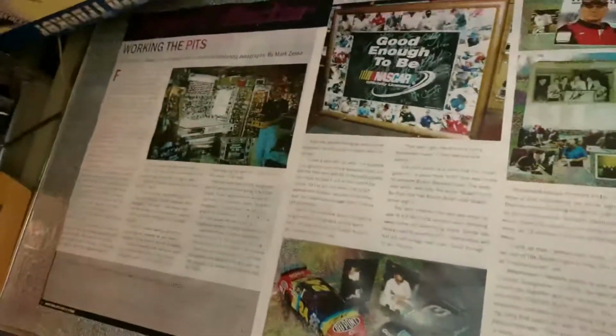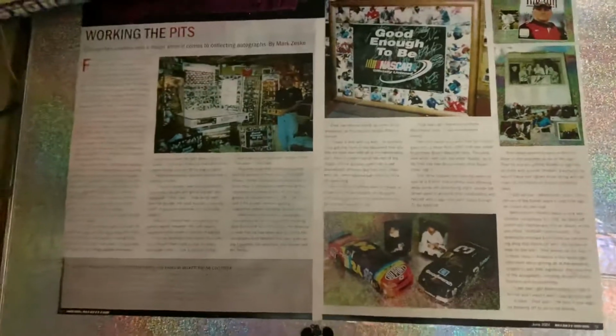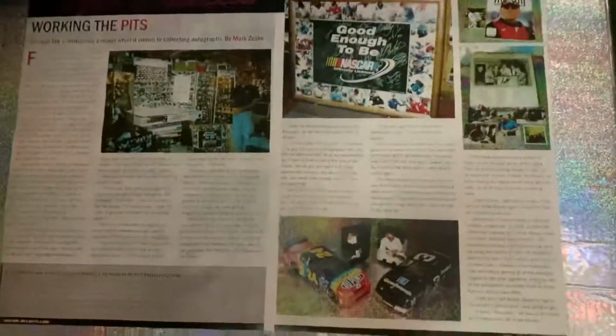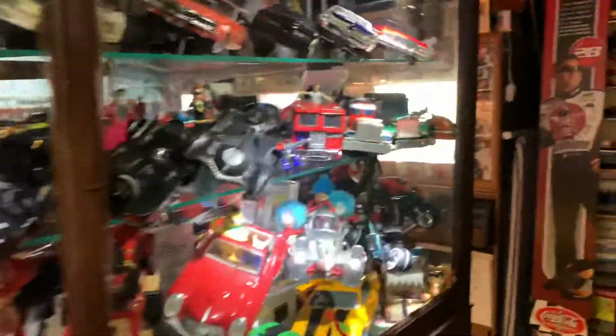When I was in Beckett Racing magazine, they did a 2-page article on me. And this is just the entrance of my toy room. When we come around,